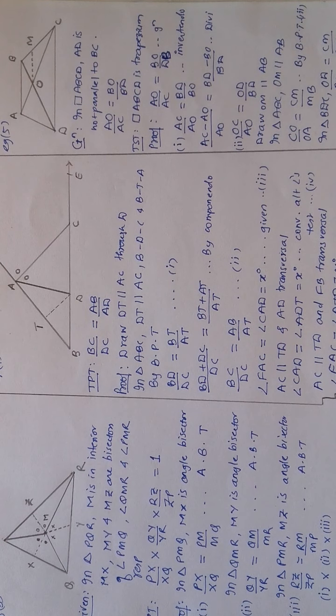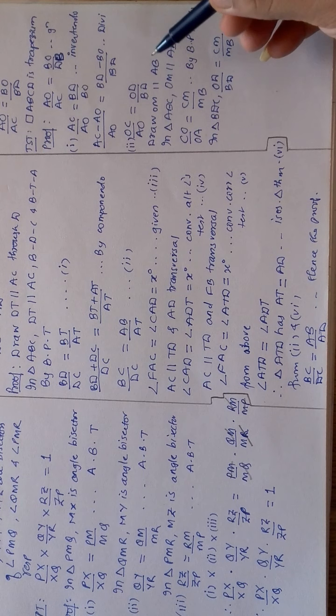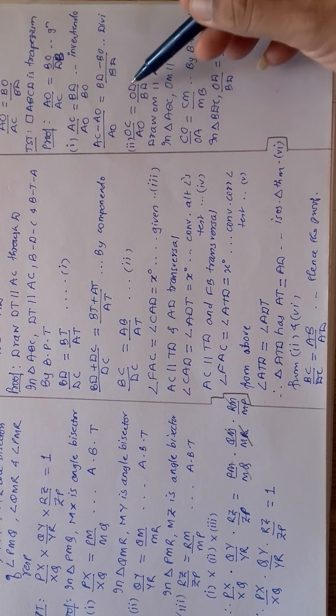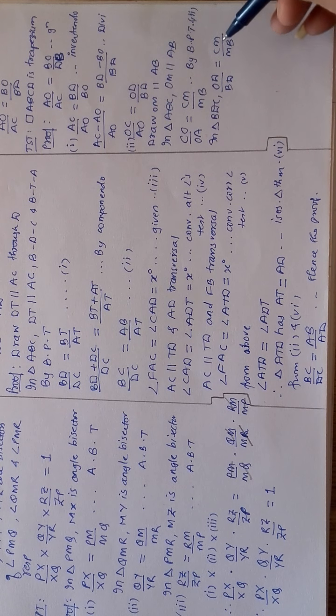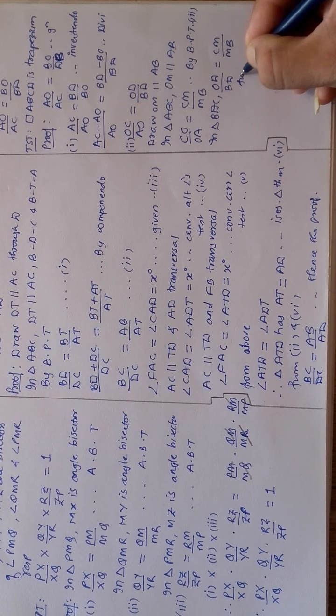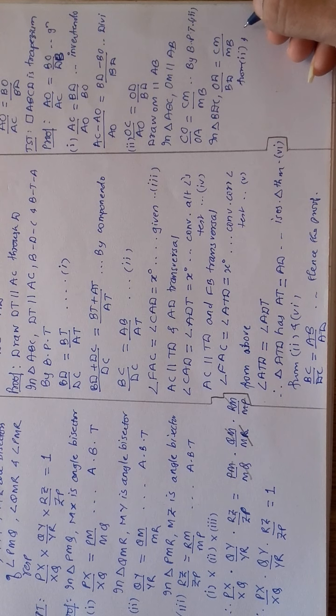Now kindly draw the figure alongside so that you can refer to it. Now it will go out of the screen. Now you can see I have written here, this I was talking about, these two ratios, all the three ratios are equal. So OD is to BD is equal to CM is to BM. This has come from 2 and 3, right?